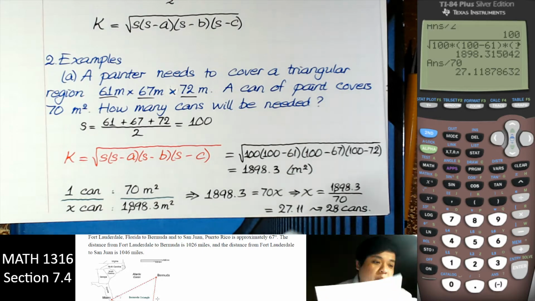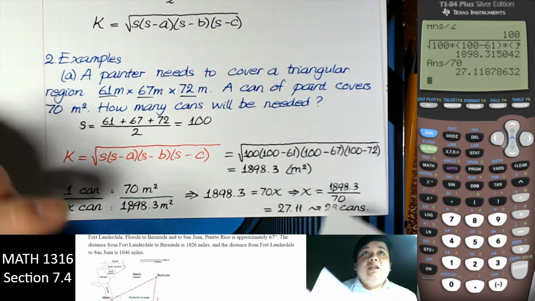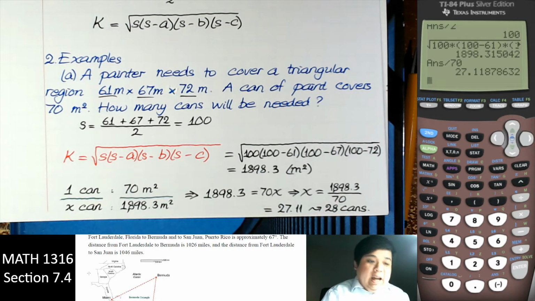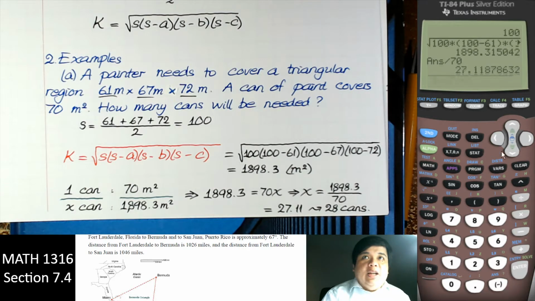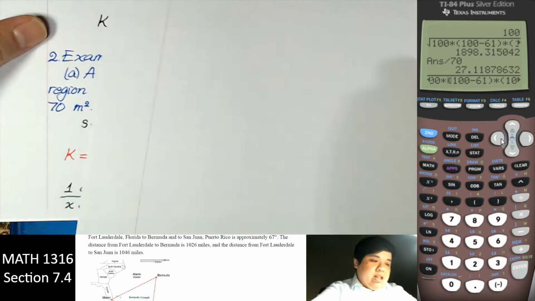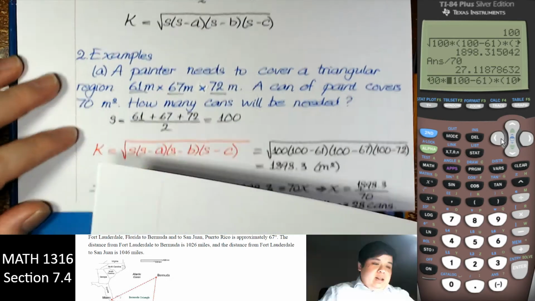So the Heron formula gives us the area, and then we use the ratio proportional to find it, and so we just put everything in the calculator. Right, so just that. Next,